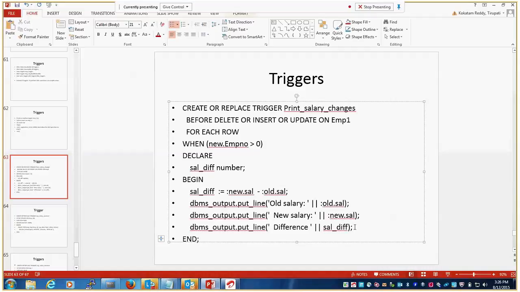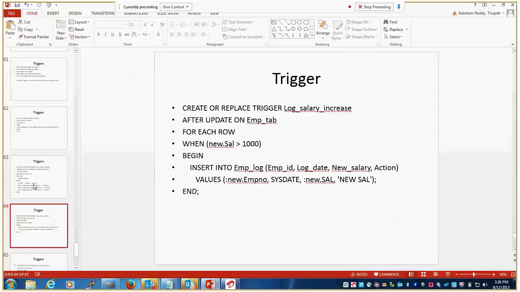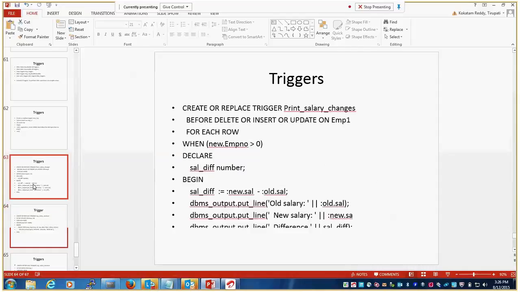Everything we will get from this trigger.